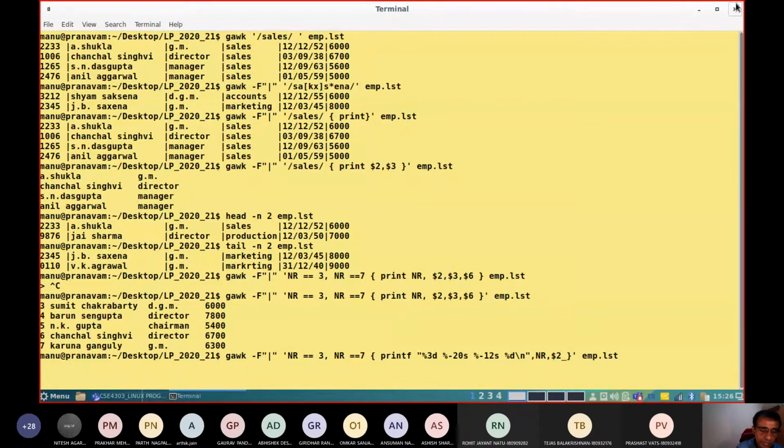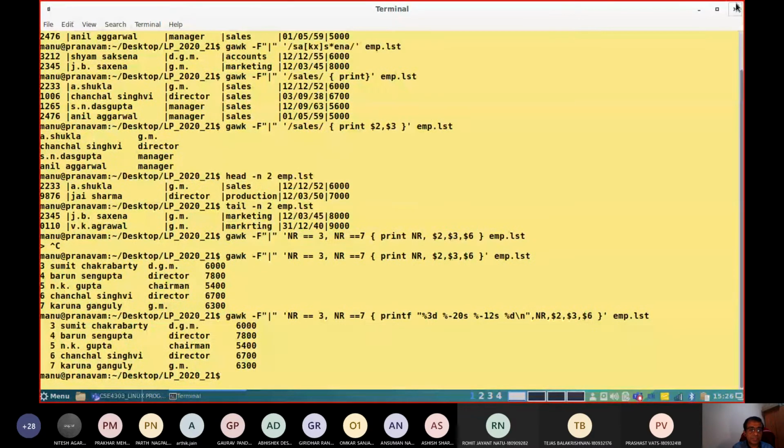You can write $3. The last value you want to print is an integer number, which stands for their salary. That is the 1, 2, 3, 4, 5, 6th column. So $6, from the input file emp.lst.